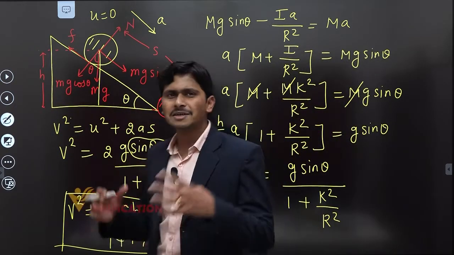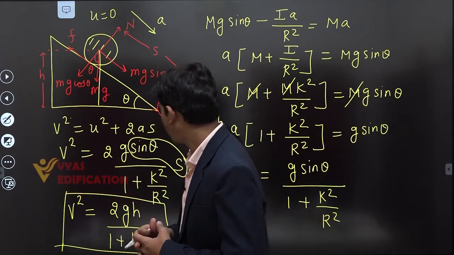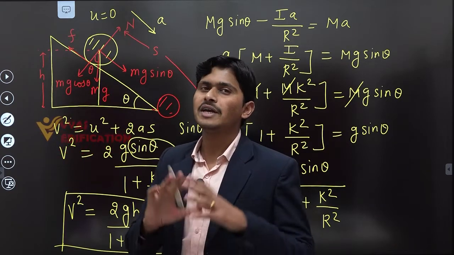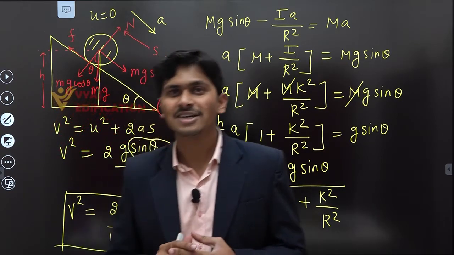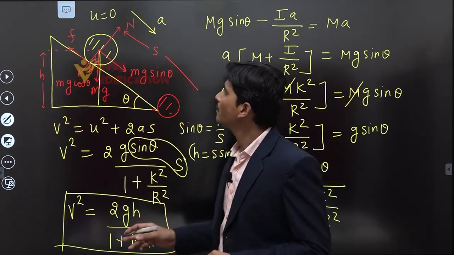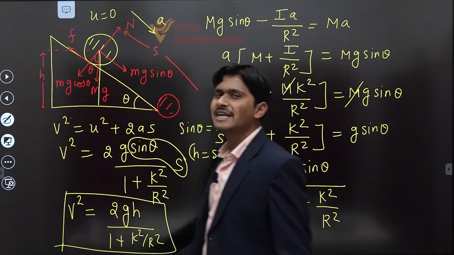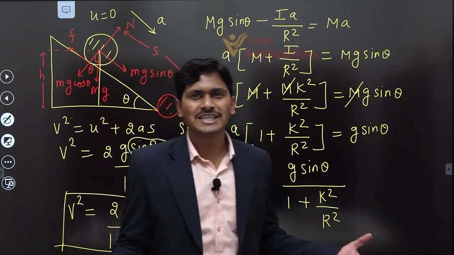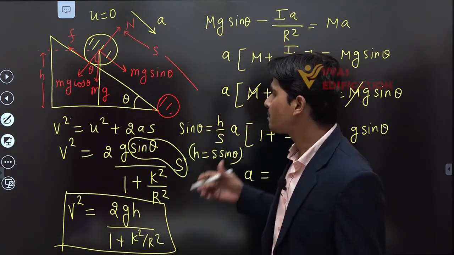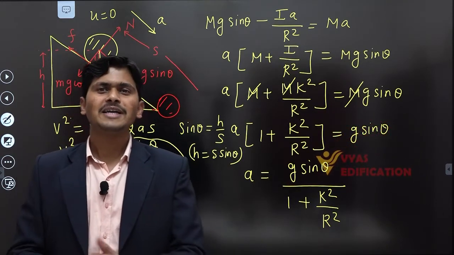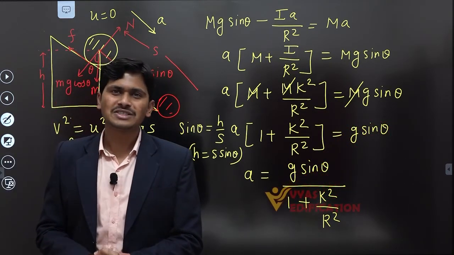Clear? Now let's suppose we put the value of k equal to 0, it means now we are not taking moment of inertia into consideration. So let's suppose I am assuming this body is just doing a rectilinear motion. At that time you will get v equal to under root of 2gh. Clear to everyone? So the same expression you are getting as in a rectilinear motion. Clear? So my dear students, this is all about this question. Clear?